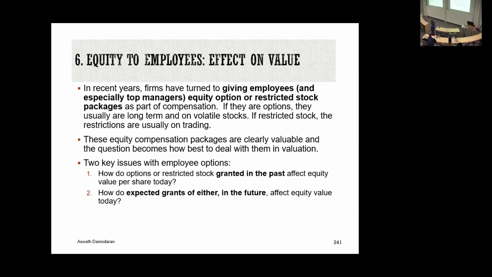And there are two forms that equity compensation can take. In the 1990s, 90% of the equity compensation in the US took the form of options. Today, 90% take the form of restricted stock. We'll talk about what caused that shift. It was an accounting change in how options were expensed that made the difference. But next class, we're going to talk about how employee compensation affects cash flows and value and how to bring it into the process. So I will see you on Wednesday.